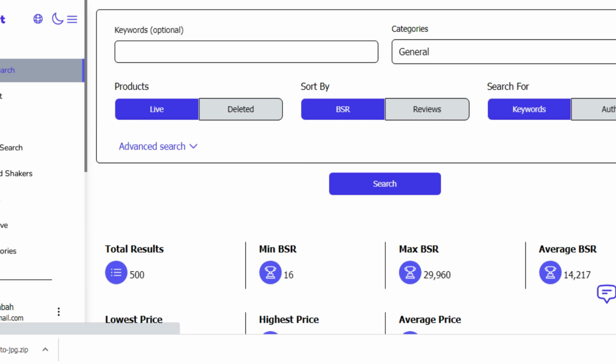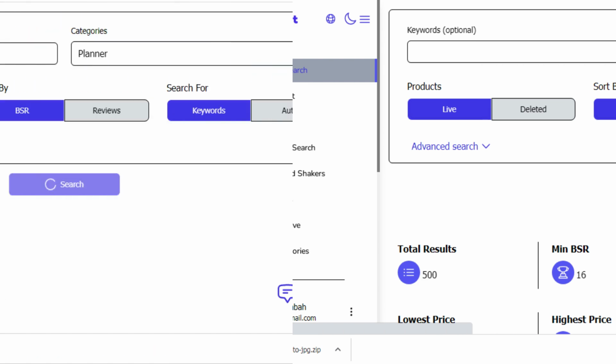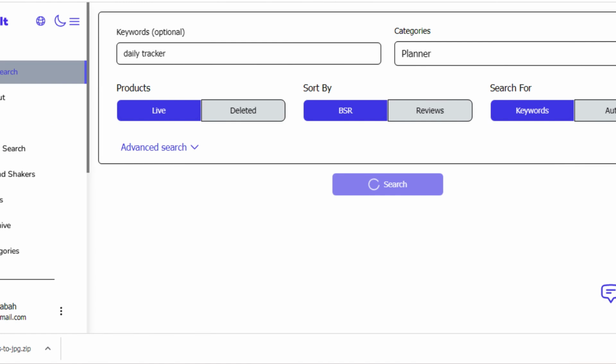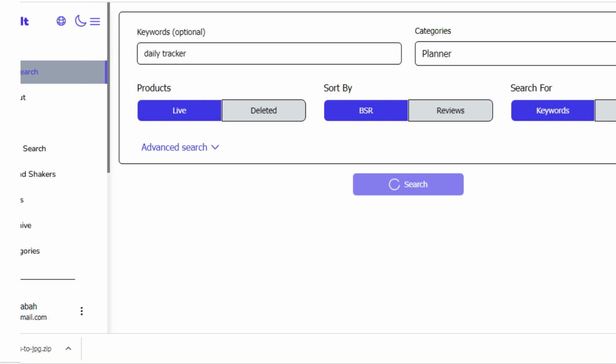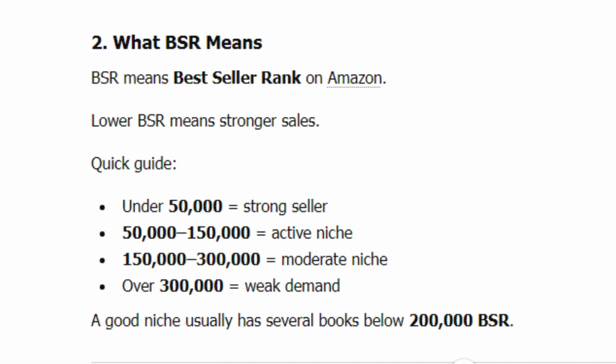In this session, we will look at product search. So go into your account and click the first button on the left in the left menu, product search. Type at the top something like daily cracker planner, whatever title you wish to produce, and look at the bottom